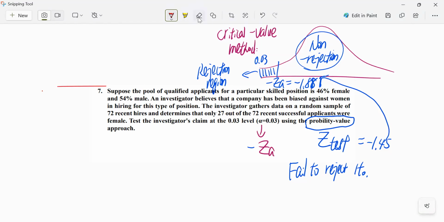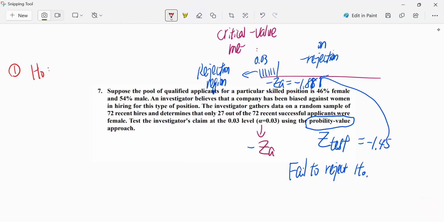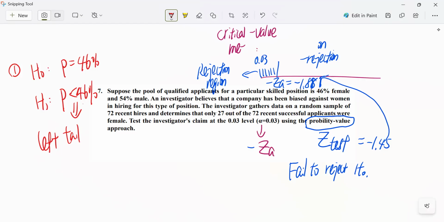Okay, so it's working. Remember the first step when you set up H0: p equals 46%. H1: p is less than 46%. Less than means a left-tailed test. Oh, I got it. The last question was not equal to, so that's two-tailed. Yeah, exactly. If it's not equal to, then it's two-tailed. Cool, thanks for explaining this.